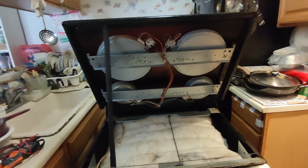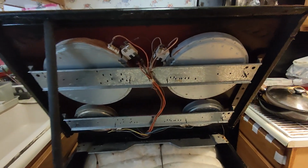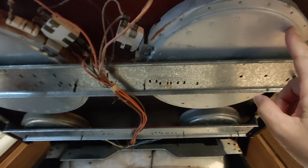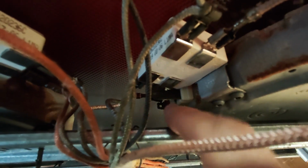So we unscrew and open the top panel. We can see the burner. This burner has some issue and no heat. So we check whether there is any issue with the wiring. We can see the wiring here. Oh yeah, it's loosened. The wire to the connector, the terminal of the burner,